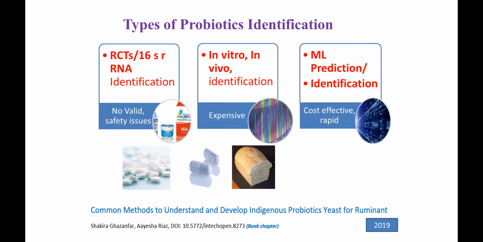Nowadays, machine learning is a powerful tool that can be used to search for target-based probiotics. I will explain what probiotics and target-based probiotics are in my next presentation. But with the help of machine learning, you can easily analyze large data sets of microbial information and then predict which microbes may have beneficial properties for use as probiotics, right?